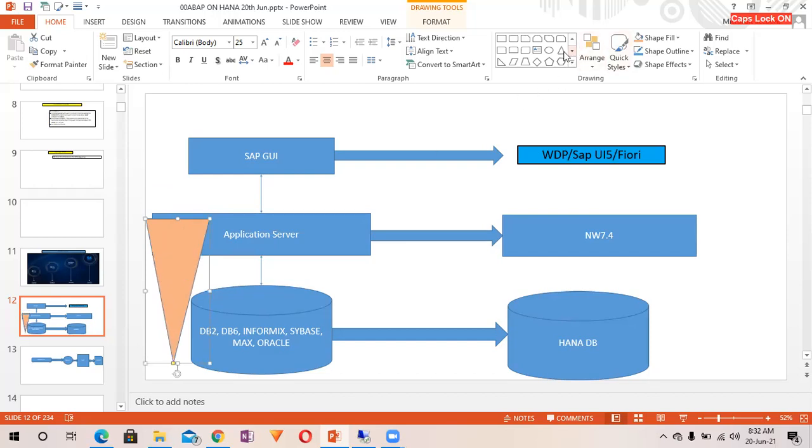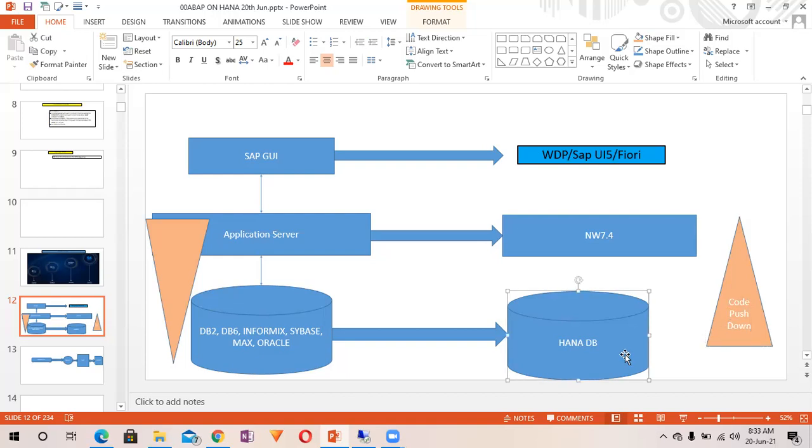And now what you will have to do is, when you have the HANA DB, you can perform the maximum logic, maximum calculation at the HANA DB layer, and the minimum business logic, the minimum calculation at the application server layer. Okay. So this is known as the code pushdown. So why are we pushing the code down?